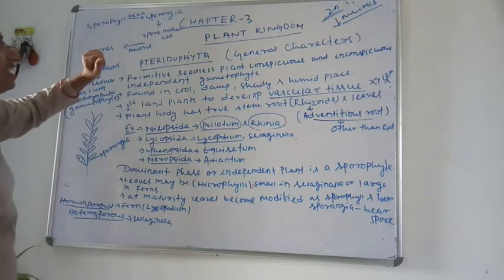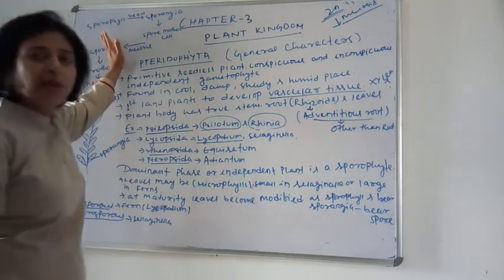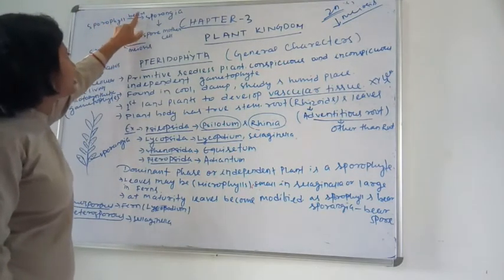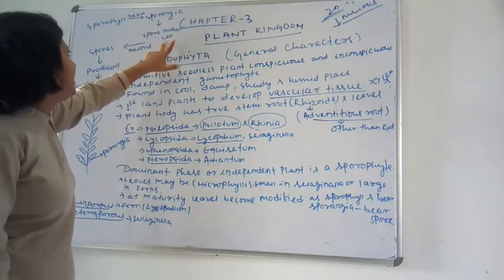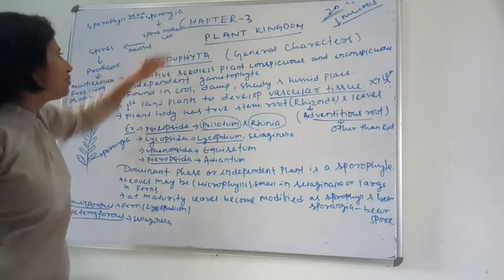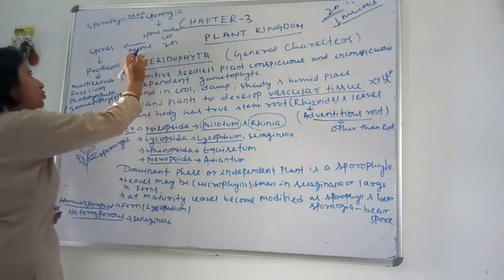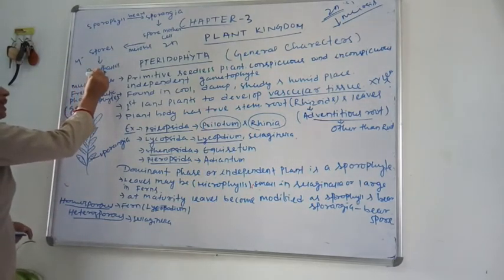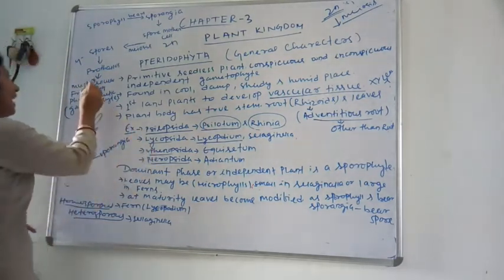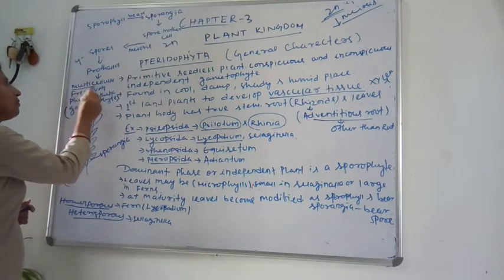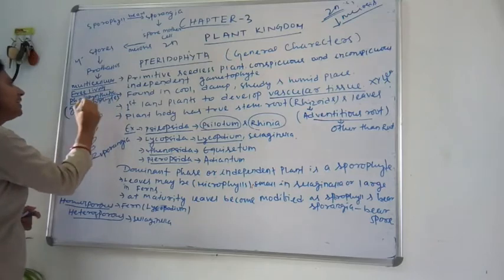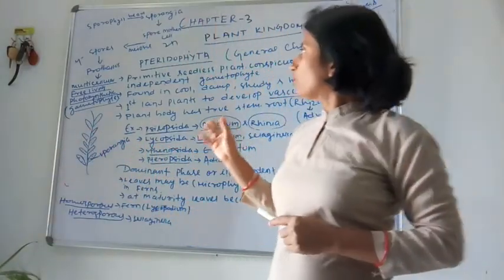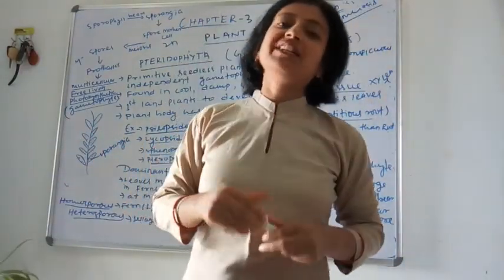Next is reproduction. How do the species of Pteridophyta reproduce? First the sporophyll, which is the plant body, bears sporangia. Then the sporangia form spore mother cells, and the spore mother cell, which is 2n, goes through meiosis and forms 4 spores. The spore grows as a prothallus, and the prothallus is a multicellular free-living photosynthetic gametophyte, which grows as a new individual. So this is all about your division Pteridophyta.